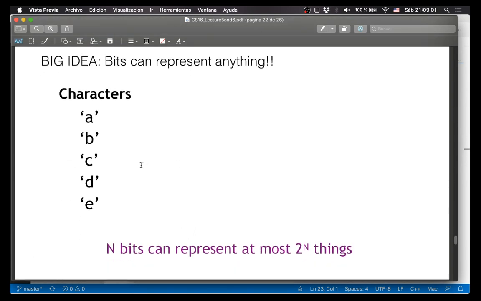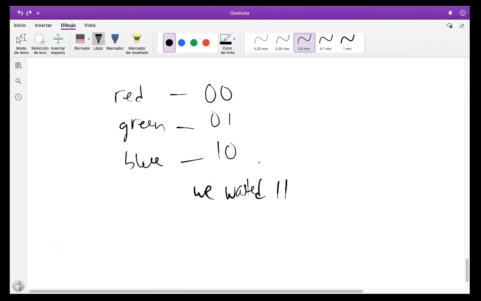And now we have characters as well. Characters are just, in a certain encoding, a bunch of numbers. So A, when we print it out to the screen, we're really sending a certain number that represents the A character to the screen. And so what I want you to get out of all of this stuff is that n bits can represent 2 to the n things, because 0 and 1,